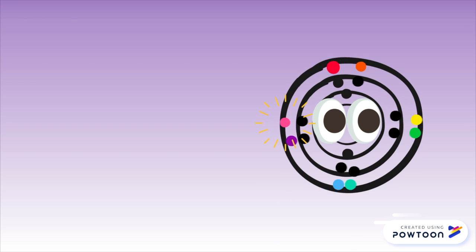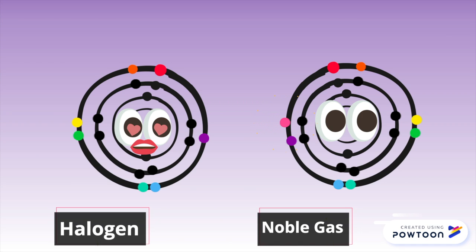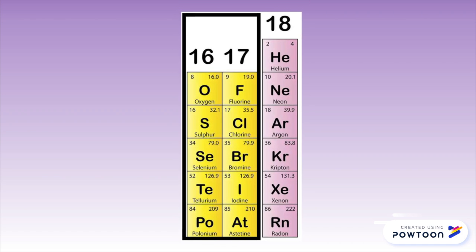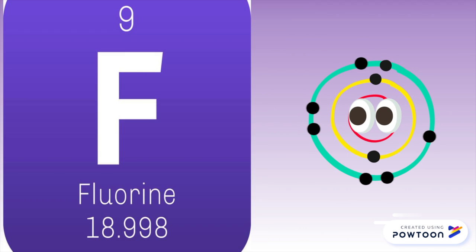All elements want to fill their outer shell to form a stable noble gas electron configuration. Any element that is super close to getting that full outer shell is the most electronegative. These are elements which only need one or two more electrons to fill up their shell. Remember, noble gases have negligible electronegativities because they are happy with their full octet, so fluorine is the most electronegative